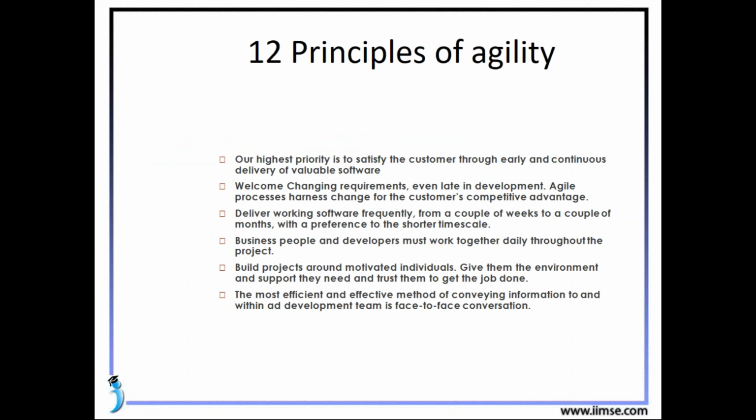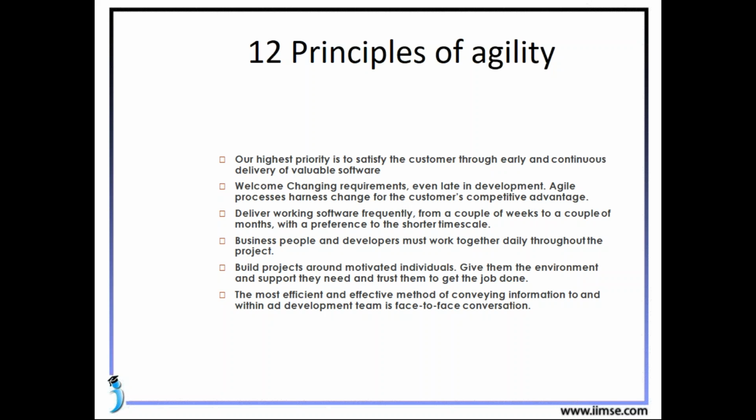So these 12 principles of agility were basically made on the basis of the manifesto, the 4 manifesto values which were key for agile development. Giving you a certain example, let's say we go to the 6th one.